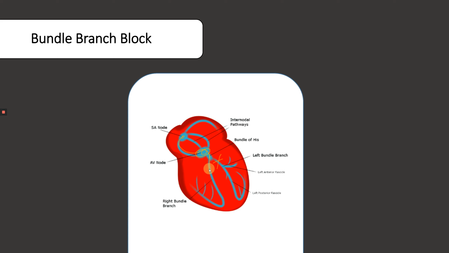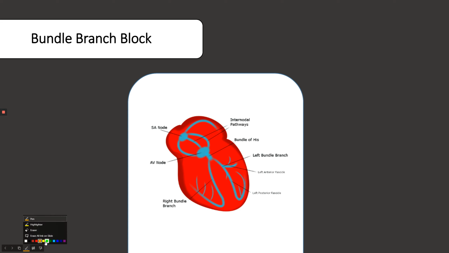So what's going to happen is electricity is going to flow down here, no problem, and the right ventricle is going to depolarize normally like it would. But because electricity can't travel through here, the electricity from the right ventricle is going to work its way across to the left ventricle. Now, this process is very slow. The myocytes can conduct electricity, they're just not very good at it. And so, what that means is it's very slow and it's very wide. So, the QRS on these are going to be very wide